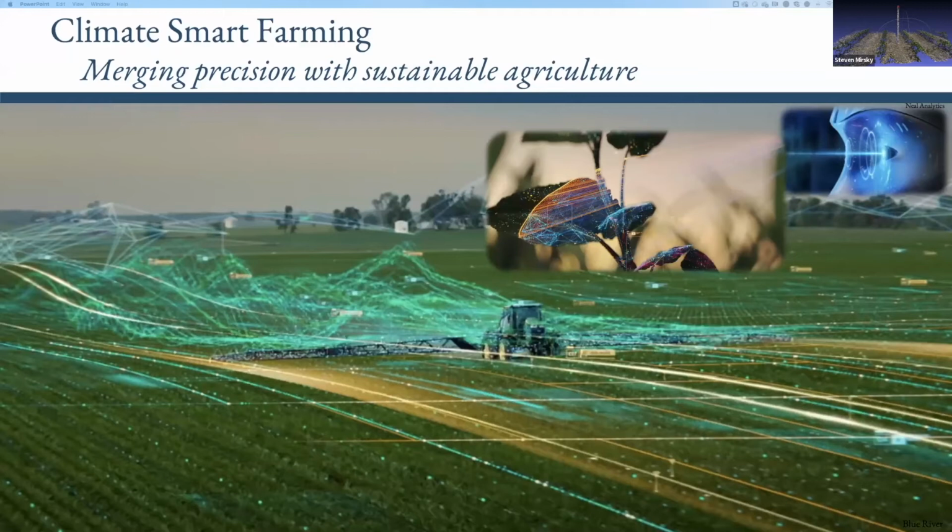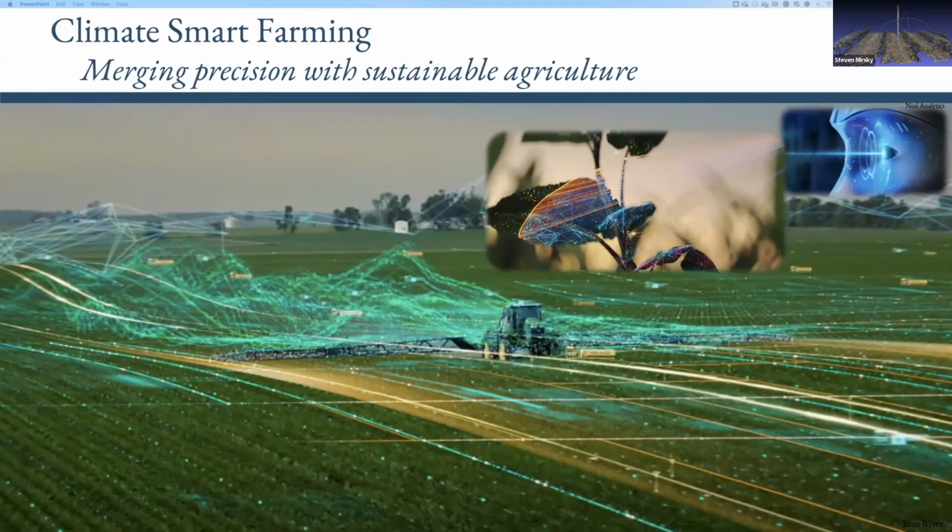To meet this challenge, we really need to develop more precise and sustainable agricultural systems, so climate smart farming being that. What I'm going to talk a lot about today is our efforts to develop climate smart farming practices and how to operationalize them. It's not just doing the practices, but how do we get farmers to adopt these practices and make them very palatable and accessible? For us, that is being done through the merging of precision and sustainable agriculture,